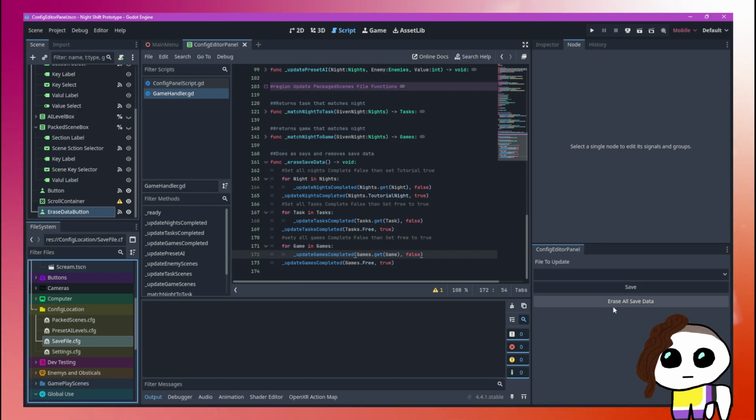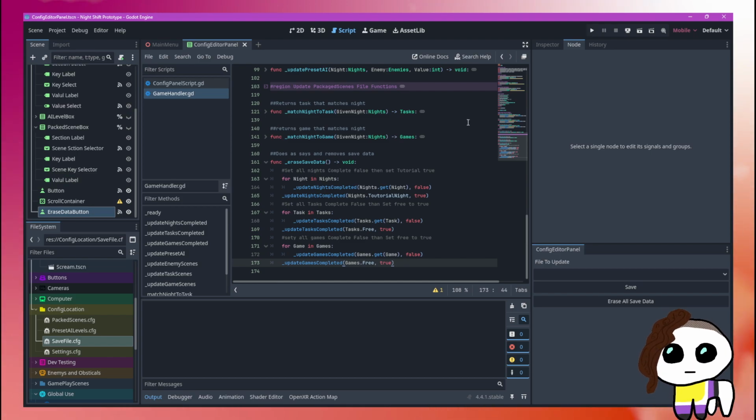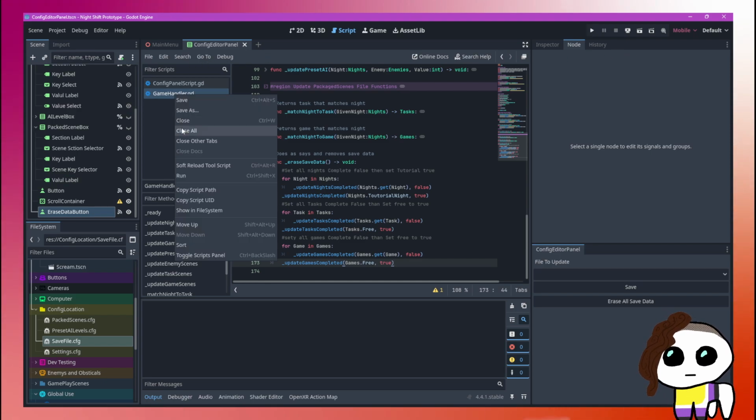So yeah, this button works, which means this command works, which means I can now add an erase save data option to the game. I probably want to make it so you can't just bump the button, which means I probably need to do what I did with the quit game button. But for now,